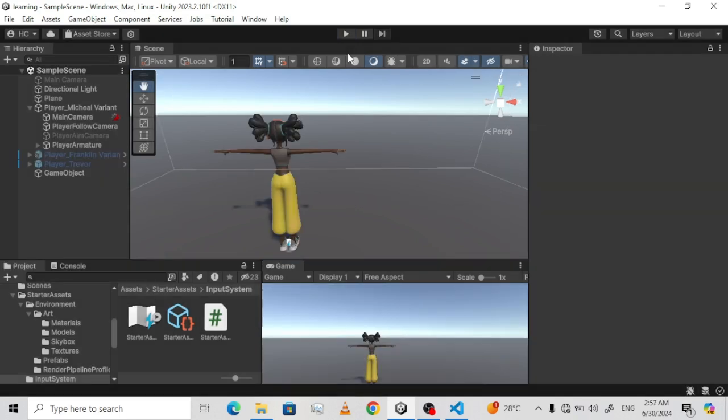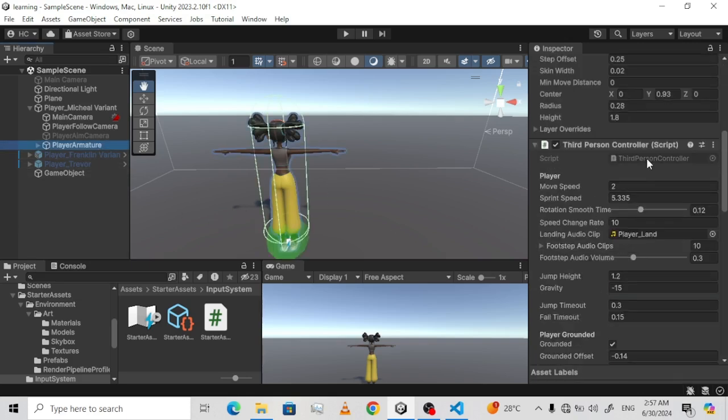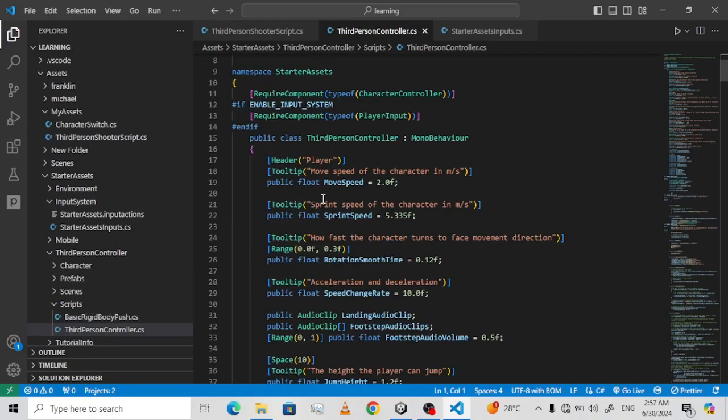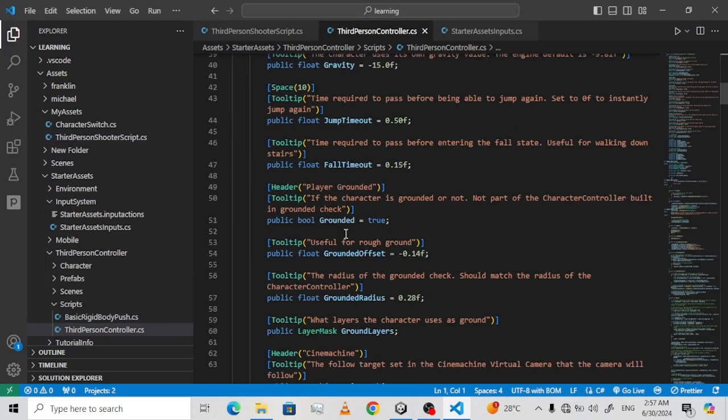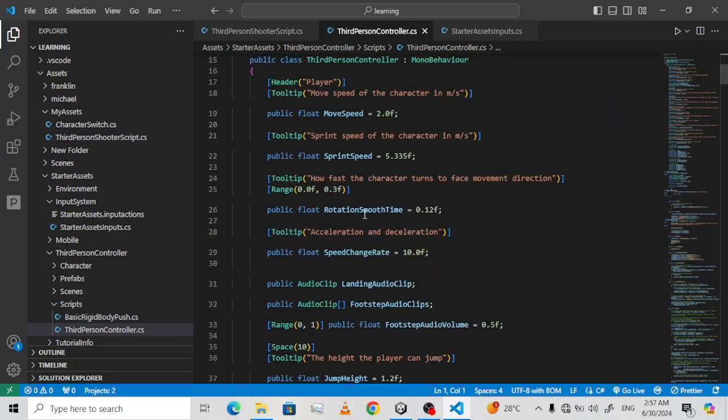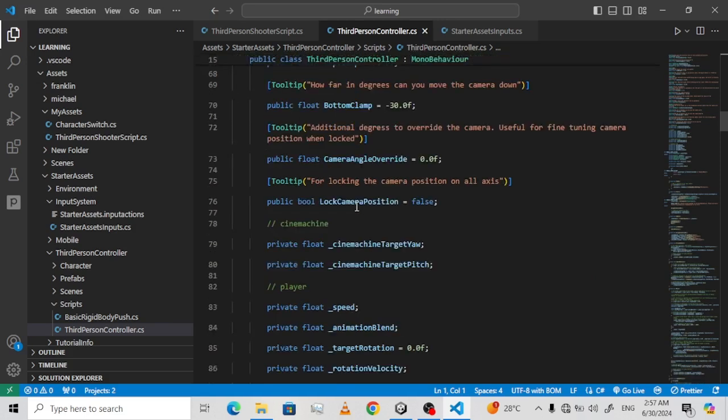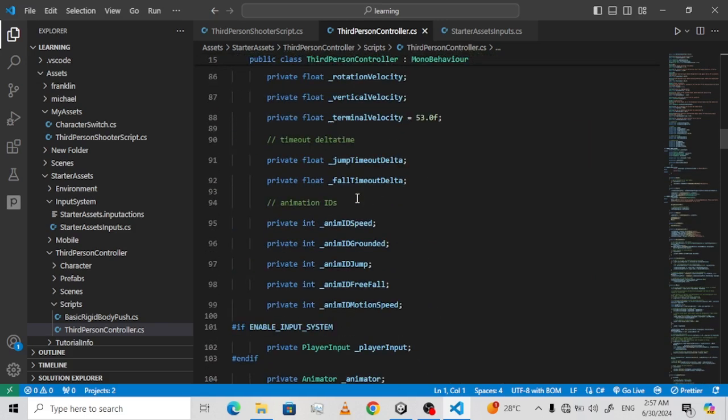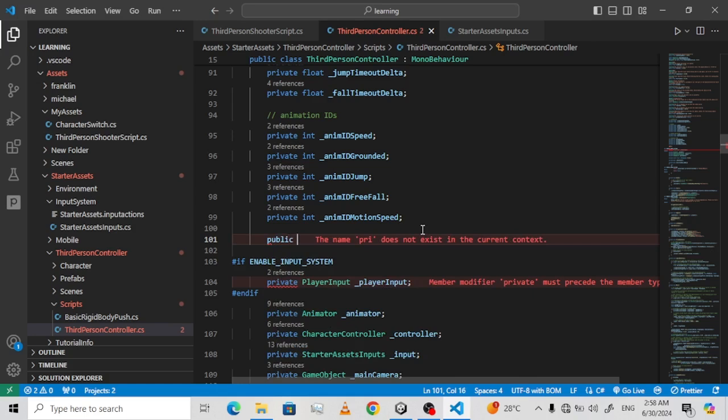And the next thing we can do is setting the sensitivity. So inside the aim mode, we want the camera to move a little bit slower than the normal mode. So for that, we go over to our third person controller, which is this script. Let's open the script in VS Code, and over here you can see there's a lot of code. So over here, let's create a new variable. So let's say public float sensitivity,